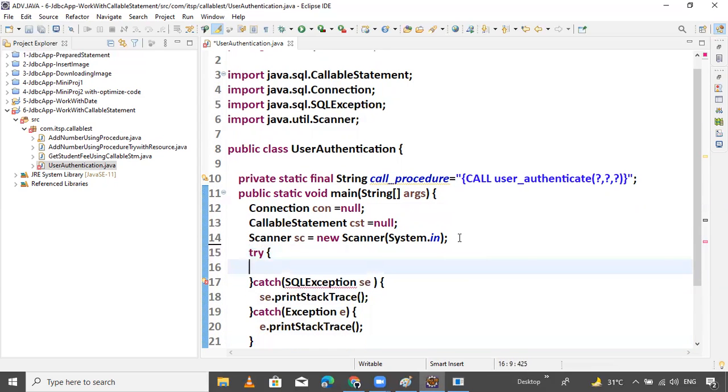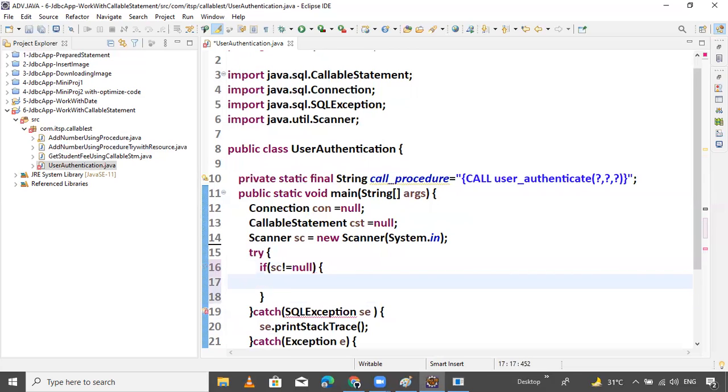In the try and catch, first check if sc not equals to null. If it is not equals to null, it means the scanner object is related to asking the user for a value. So System.out.print, enter the username.